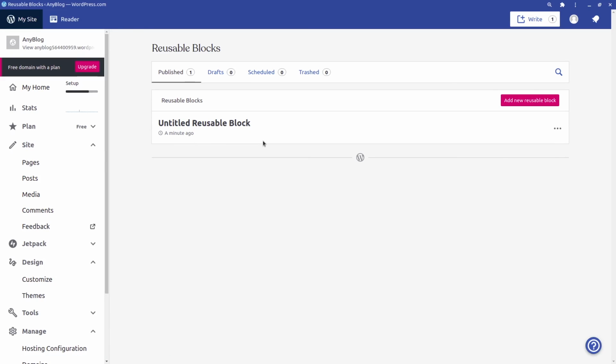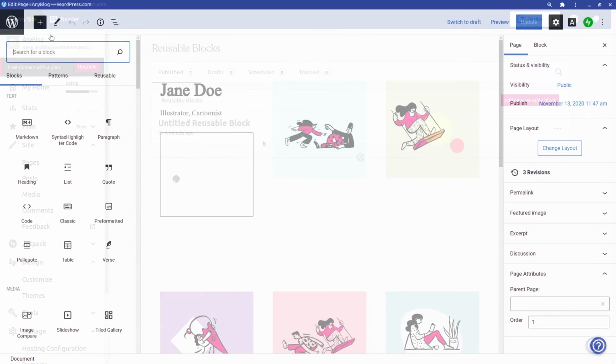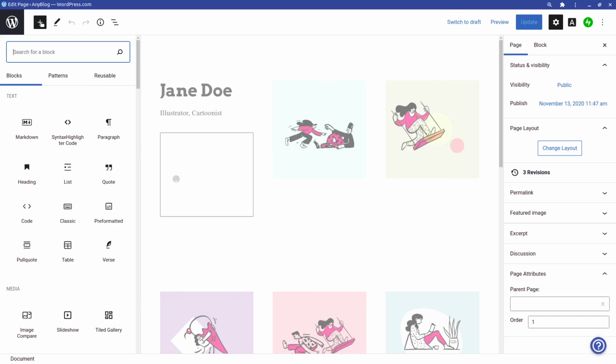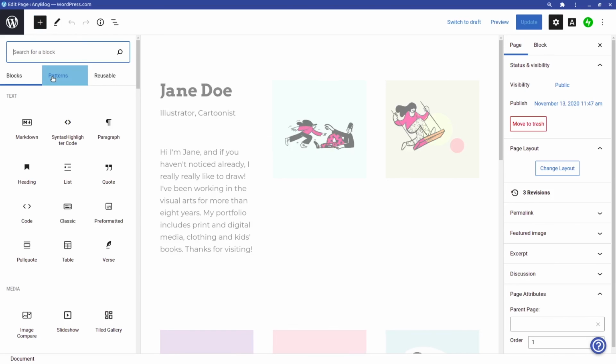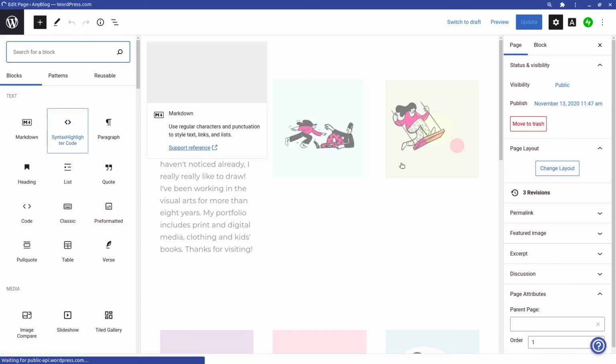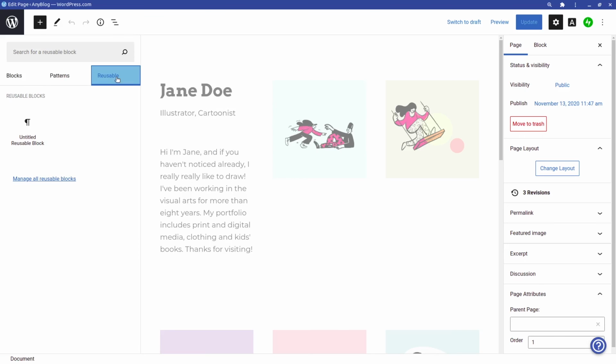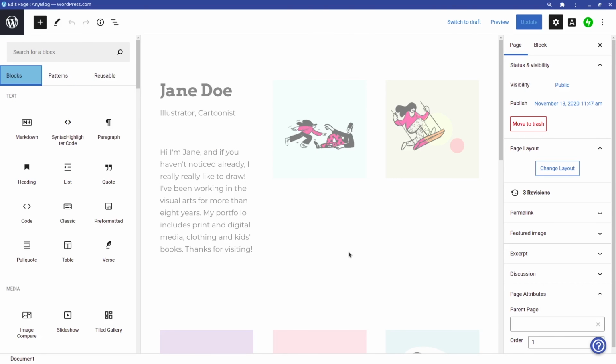Alright, so these are all of the things that you can do with the editor, and you can try to explore yourself the blocks and the patterns that you can add onto your website. And so the reusable block will be shown. So this wraps up this video, and see you guys later in the next video.